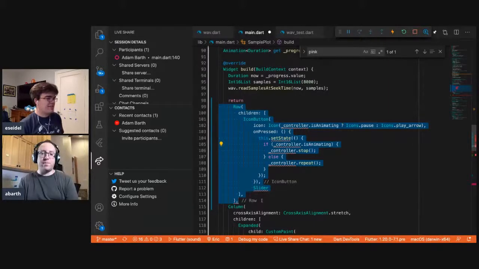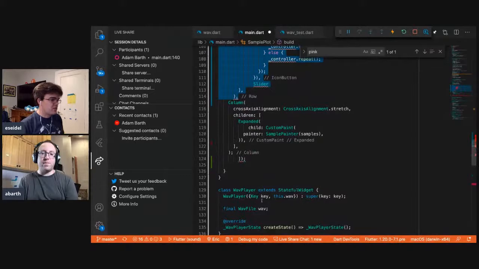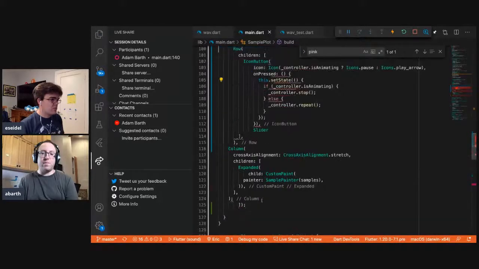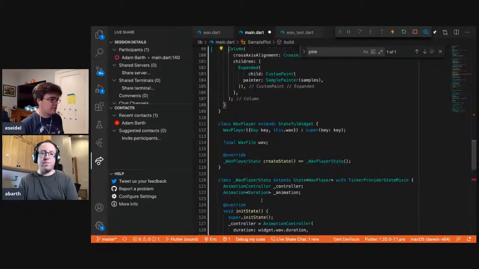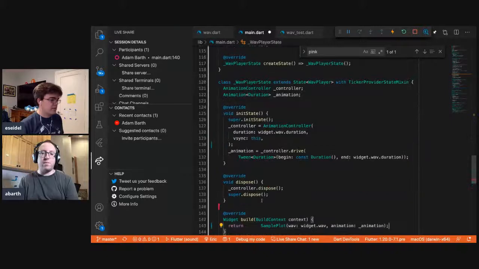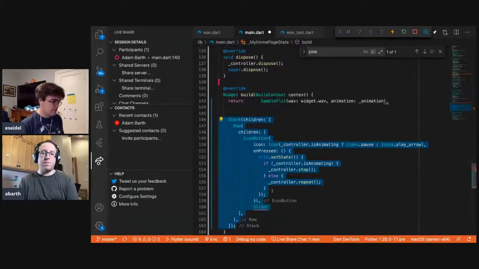Well, now I'm lost in what I was doing. Okay, so let's go back. Okay, so that was where it was, except I now need to get my paste buffer back. Means I need to get this thing right here.